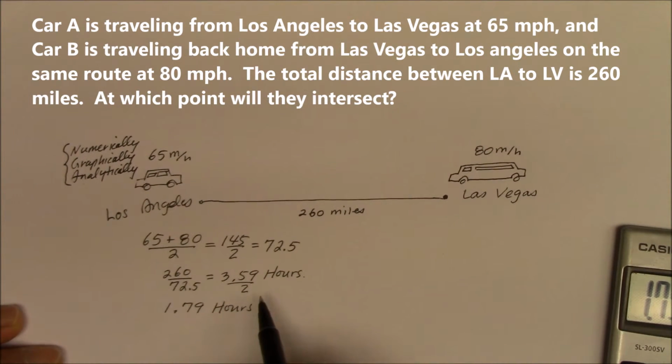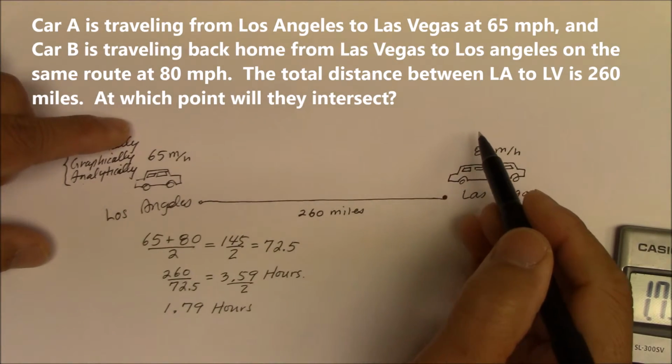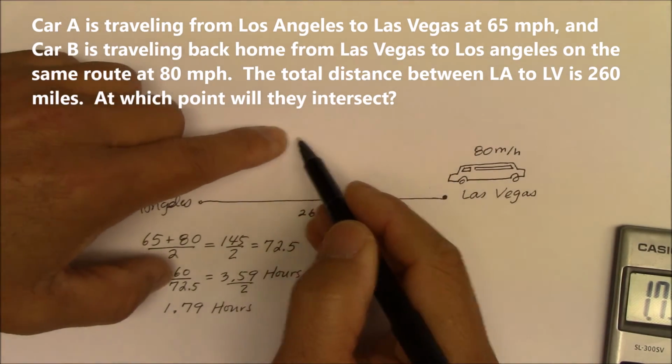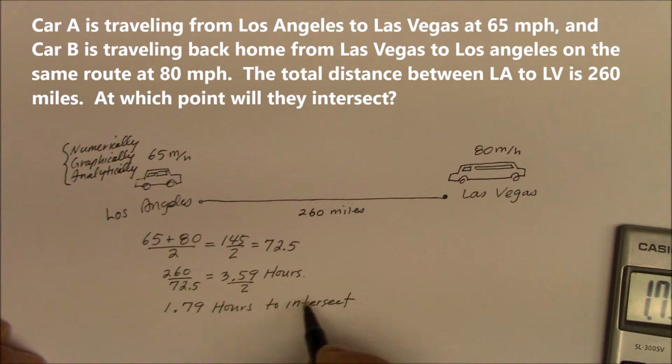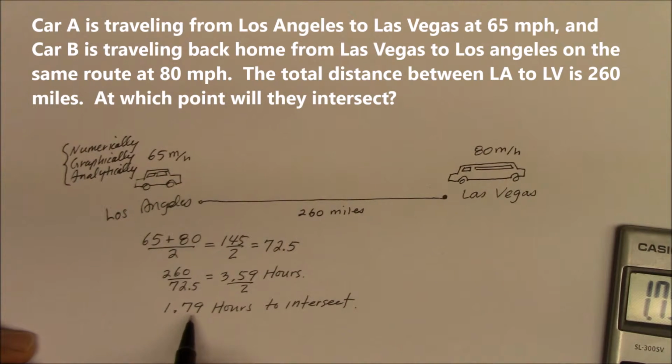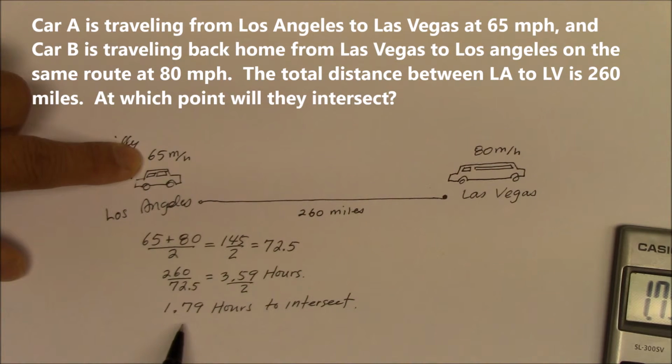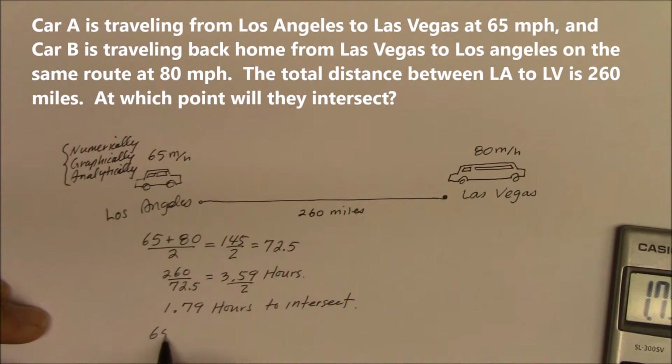Okay, given the same time, it would take 1.79 hours to meet somewhere, to intersect each other, that is. Okay? So when the question was, if it takes 1.79 hours to intersect each other, where would they be? All they did was take the rate of one car. So 65 miles per hour times 1.79